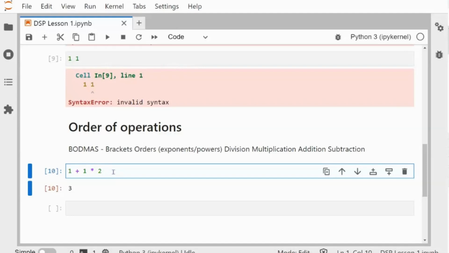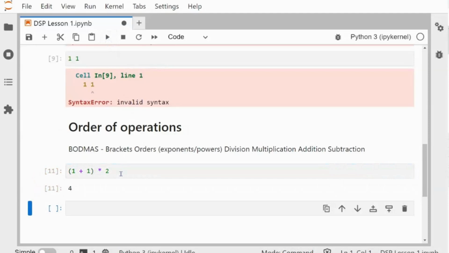I'm not going to go through any more examples of this. I did want to show you how you could get a semantic error at this point. So let's say you were expecting to get a 4, and you get a 3, then that's a semantic error. One way you could fix this is by adding brackets around the 1 plus 1 to make sure that happens first, and that should now give us a 4. Perfect. So with semantic errors, because you do not actually get an error message, it's good to check your code to see that that's what you were expecting. And you can fix it if it's not. Perfect. That's how you use Python as a calculator. I believe we've covered most of that there.